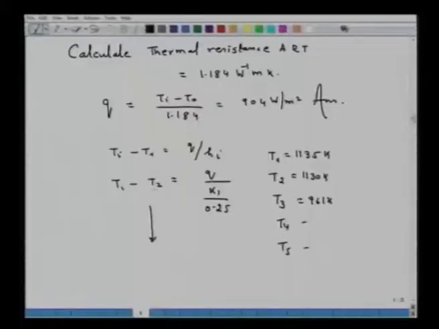So all that you have to do is equate the thermal resistance offered by each wall with the heat flux. So the only unknown is T1. Ti is known, so one can calculate T1. Once you calculate T1, then T1 is known and T2 is unknown. So that way one can calculate the different temperatures. Further examples I will take in the next lecture.